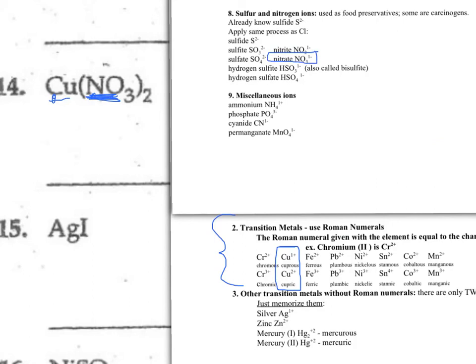Now, nitrate has a charge of 1 minus, and there are 2 of them, as you can see right here. And the charge on the other side, the positive side, needs to be equal but opposite. So if this is 2 minus, then this has to be 2 plus. And there's only 1 of them, so that must mean that the charge on the copper is 2 plus. So it's copper